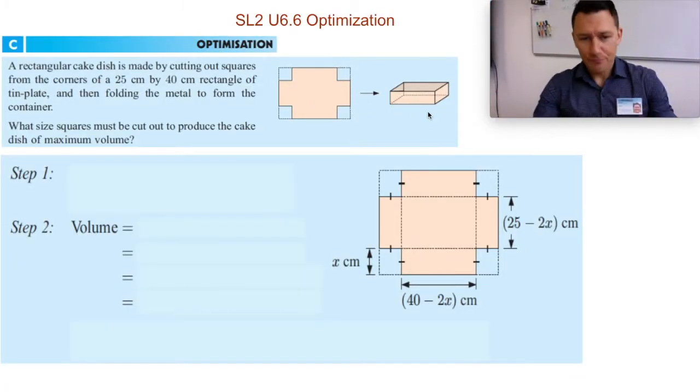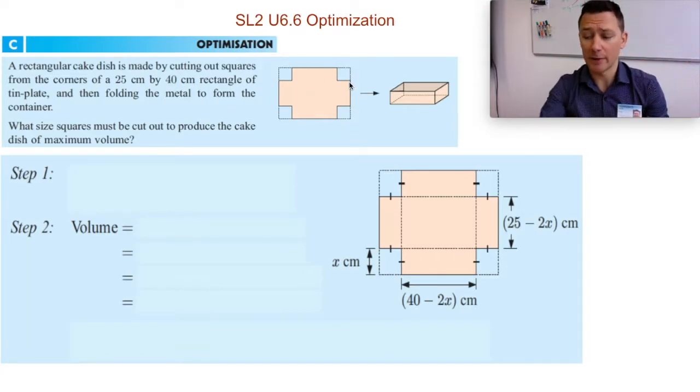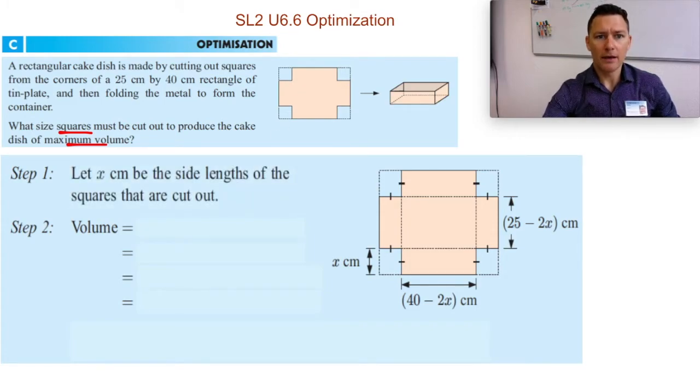All right, so if you cut out small corners, you'll get a small volume. If you cut out huge corners, you'll also get a small volume, but right in the middle there's a sweet spot, and that's what we want to find. So they said, what size squares do you have to cut out to get a maximum volume? We're going to first make x be the side length that we cut out. So this would be x, and also this would be x. Cool? They said it's a 25 by 40